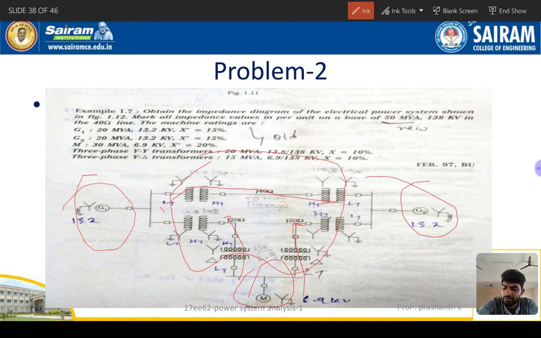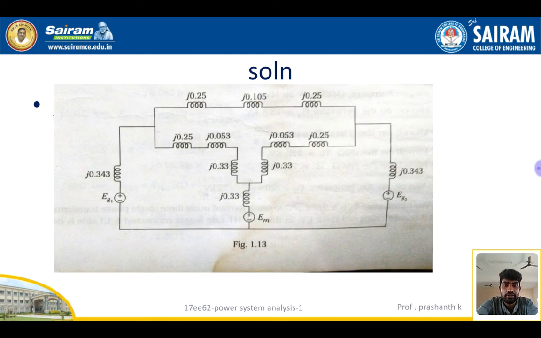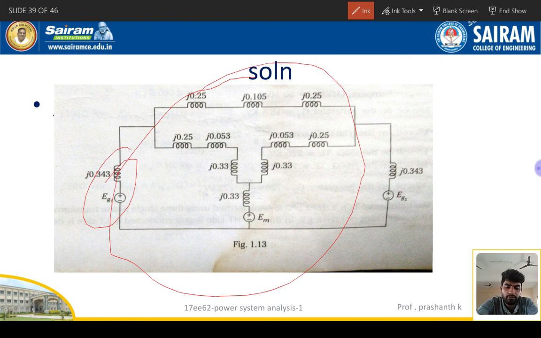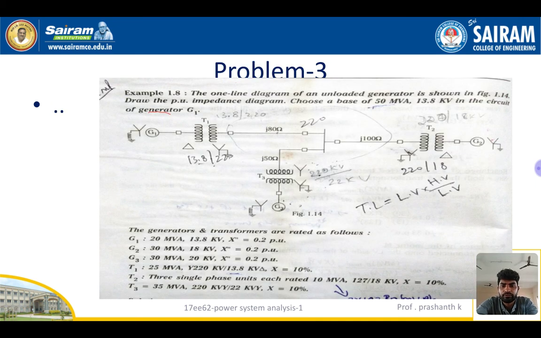First draw the reactance diagram, already we discussed in the class, same problem. Just draw the reactance diagram and then do the problem by drawing a diagram like this, right. Finally you get this diagram by using the formula X pu old is equal to X pu new into kVb old by kVb new whole square, MVAb new by MVAb old. Finally we get this answer. Already in the first internal we asked this question in our examination paper also, right. We solved it in the classroom perfectly and then we got this diagram also. So this is the reactance diagram of that single line diagram. Just go through that. Very important.